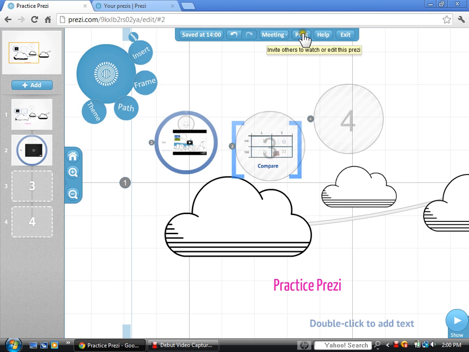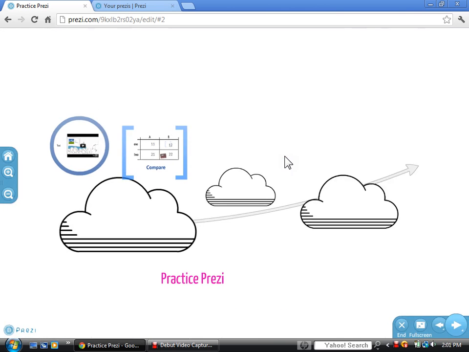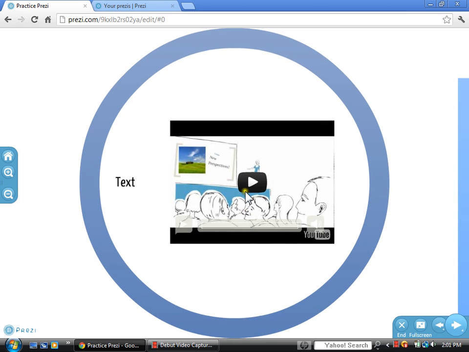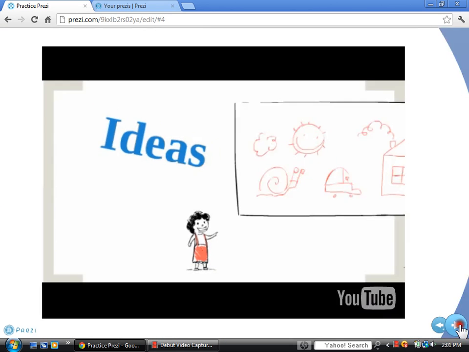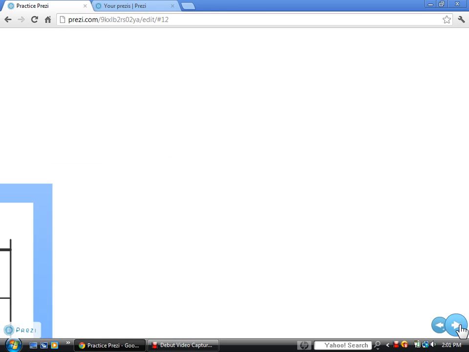And you can also print it, and then under meeting, click meeting as you start the online presentation, or I can invite others to edit it and share it. So if I'm working on this as a group project, I would save this, and then others would be able to edit it. Maybe I do my part. Then, when you're all done, you just go down here to the bottom, start presentation, and start the Prezi, and you just click through, and you can see it plays my video, and go straight to it, and then I click to the next one, it goes to the table, and then so forth. But we didn't get that far.